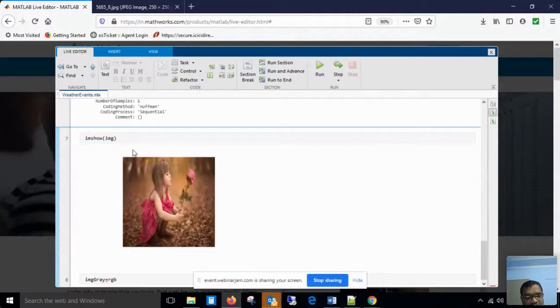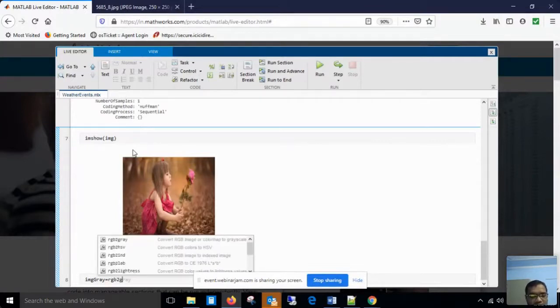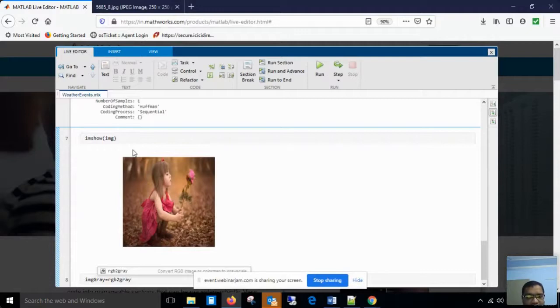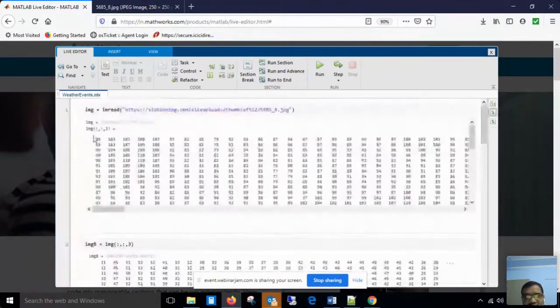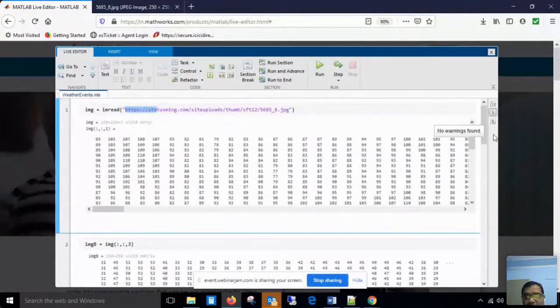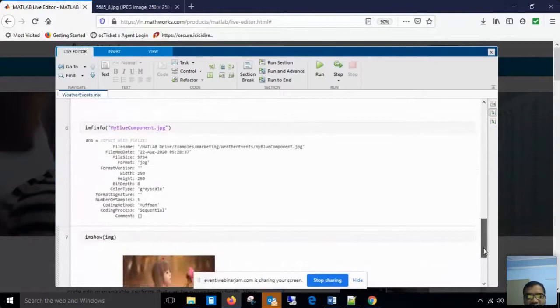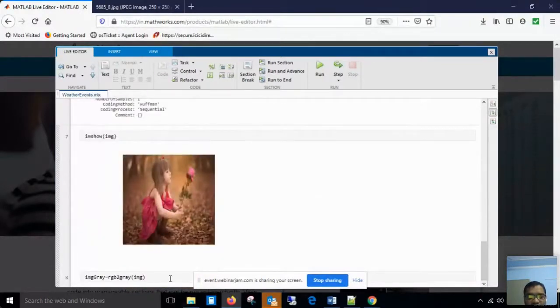A predefined function is there, rgb2gray. So you can see a predefined function is there in the Image Processing Toolbox, rgb2gray. RGB means we are assuming that this is an RGB image, then 2 and then gray. It says convert an RGB image to grayscale, then provide the name of the matrix. My original matrix is img. So img is a three-dimensional matrix that has color components, you can see here, but I want to convert it to grayscale like we had done with the blue component, right? So I will be using the rgb2gray function, and I will execute it.